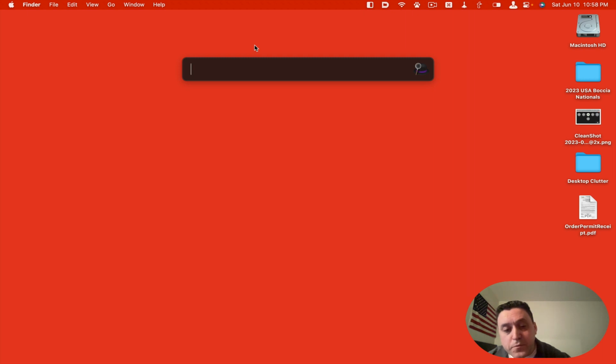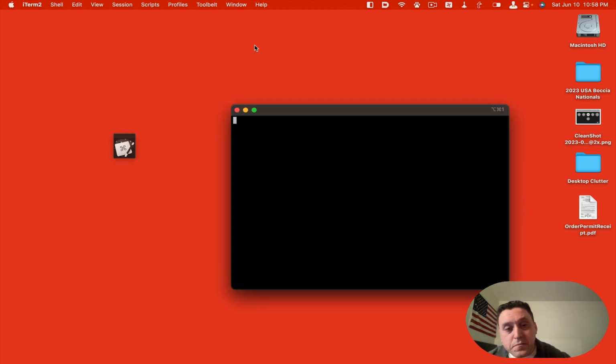So if we start the terminal here, and let's say we want to CD into this USA Bocce folder that I have on my desktop. Usually, to remember a path to a folder that I haven't used before, I would need to drag it onto the terminal so that it's just pasted in there. That works if the folder GUI icon is available right away, but with